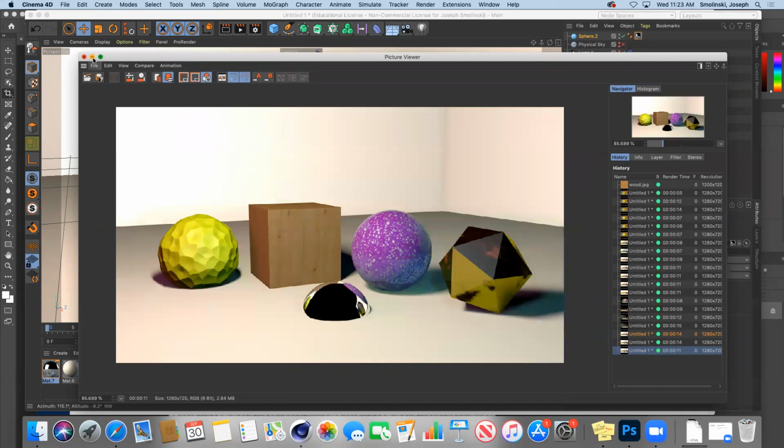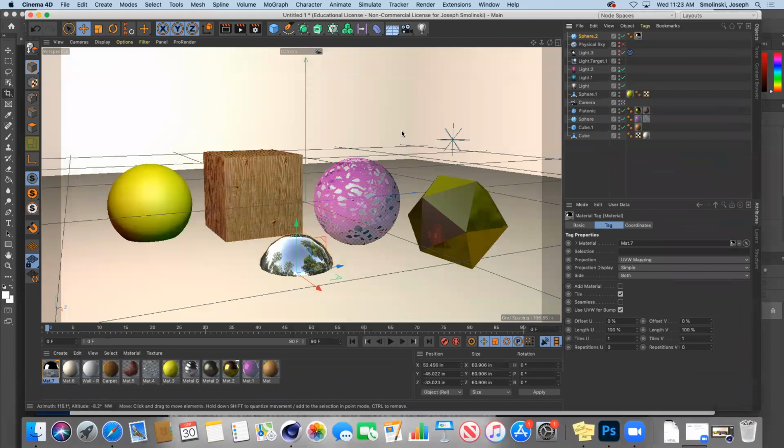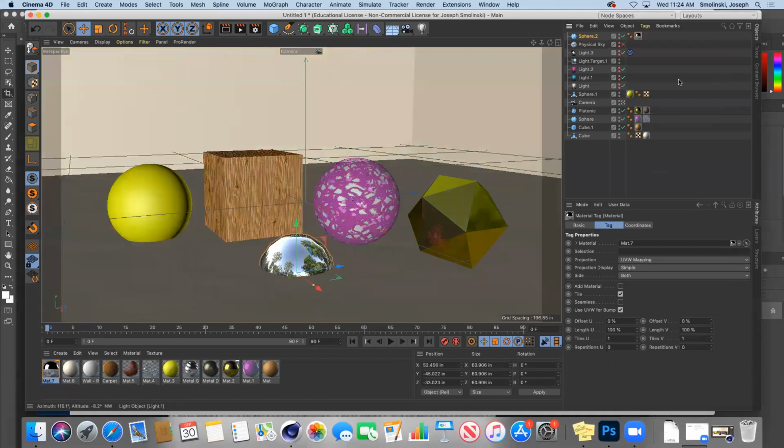Okay, now the last thing I want to talk about with lighting is what's called image-based lighting. And what I want to do here is turn off all the lights that I had previously. Okay. All right, we're back to square one, no lighting in the scene. So